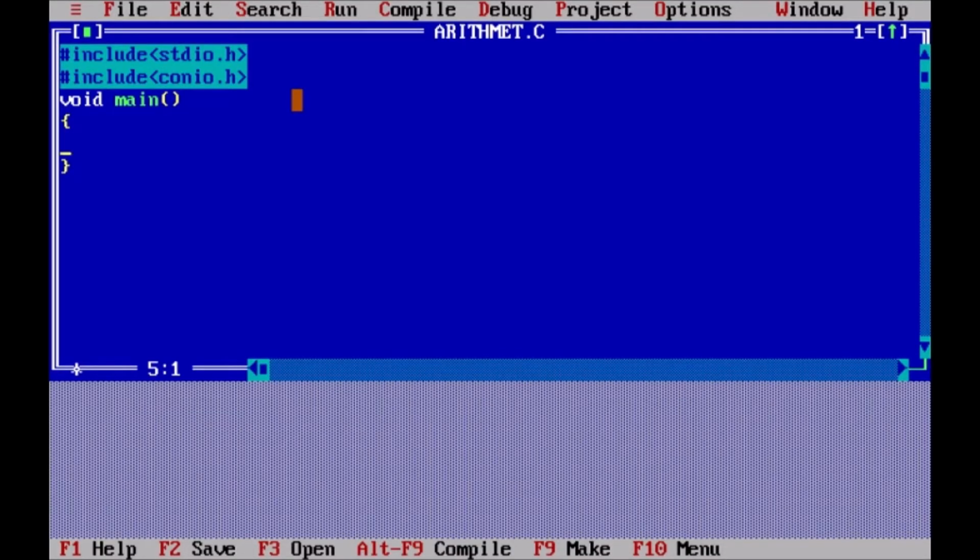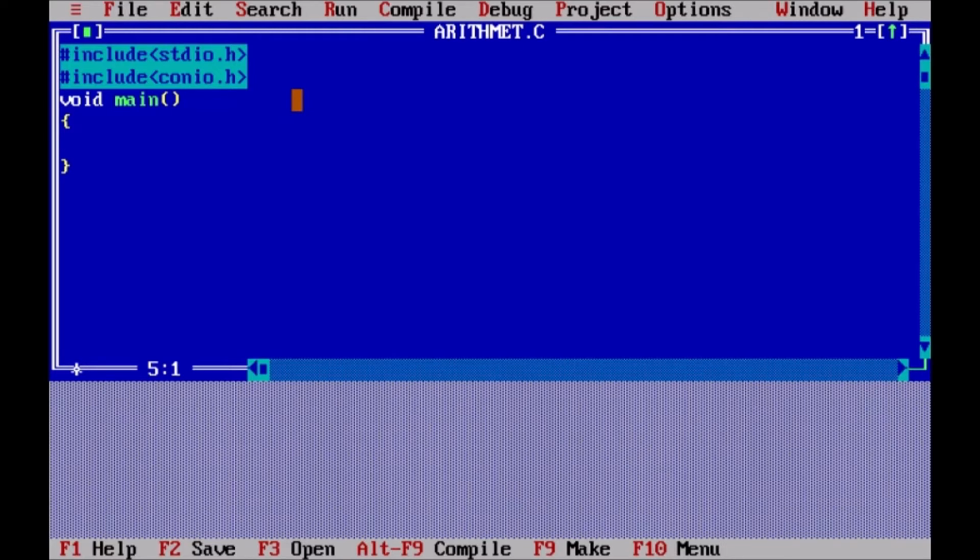In today's tutorial, we are going to talk about the arithmetic operators in C. The arithmetic operators include addition, subtraction, multiplication, division, and modulus operation. The modulus operation is used to calculate the remainder when a division is performed. So in today's video, we are going to understand each and every arithmetic operator in C with an example.